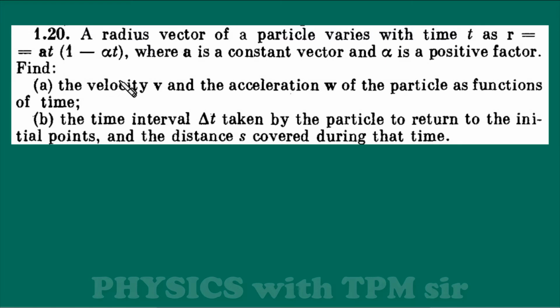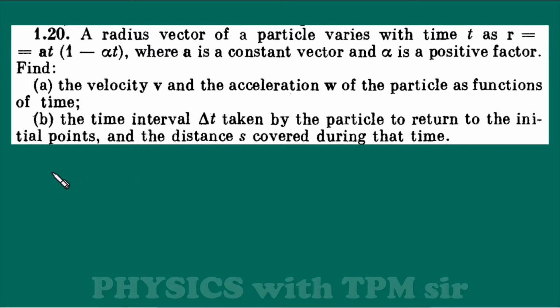One thing you must know before you attempt any question from Irodov is that for representing vector quantities, they use bold format. Like here v is a vector, w is a vector, and this a is a vector, not just a number. This is the way Irodov used to represent vectors. He used bold vectors. Okay, fine.